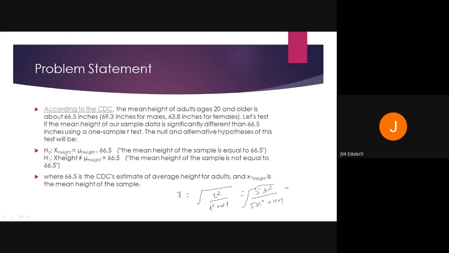So 5.81 square. So this will come out to be 33.76 upon 33.76 plus 407, under root, is equal to under root of 33.76 upon 440.7